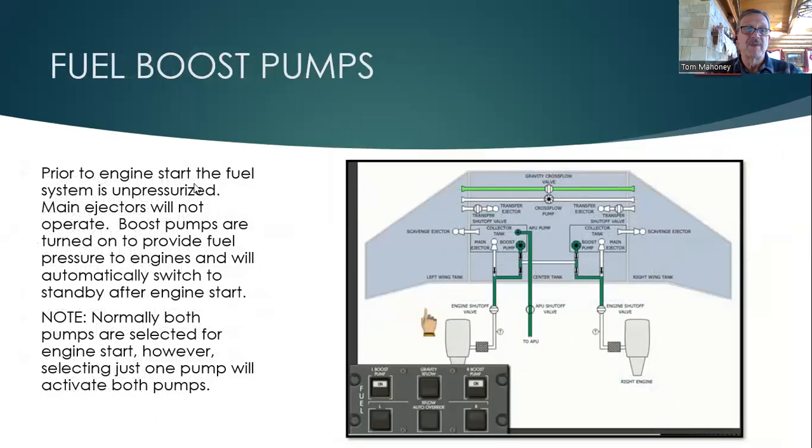Fuel boost pumps. Well, we mentioned those in the previous slide. We'll do it again. Prior to the start, the system is unpressurized because the engines aren't running. So you have to pressurize the fuel system using the electric pumps. And in this case, if we were trying to start the engines, we'd have to turn the boost pump on. It shows that we have fuel at least going as far as the